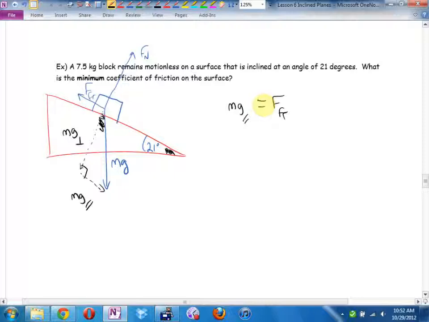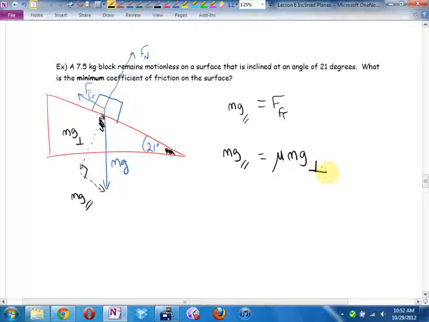I don't know the normal force. Oh, but look, I know another force the same size as the normal force. So if I hear you right, we're saying mg parallel is going to end up being mu mg perpendicular. You may notice that somewhere along the way our masses once again will cancel, which means actually